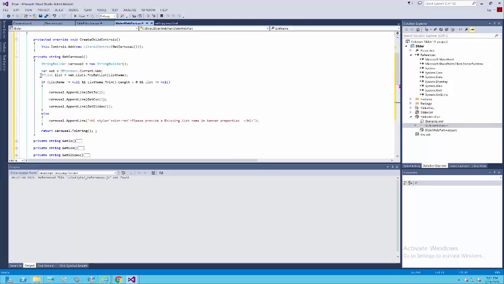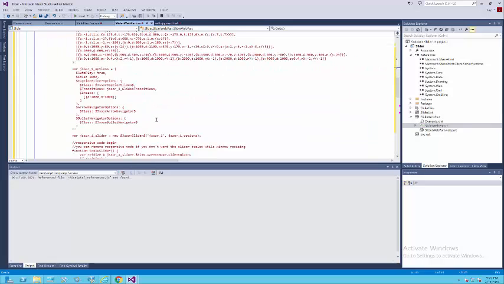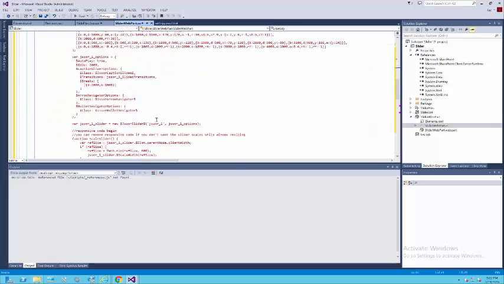This function checks if it has a list existing in the web. If it's not, then it is showing a header message saying that please provide existing list name in banner properties. If the list exists, then it's appending this get.js. What get.js does is it returns all the JS required,